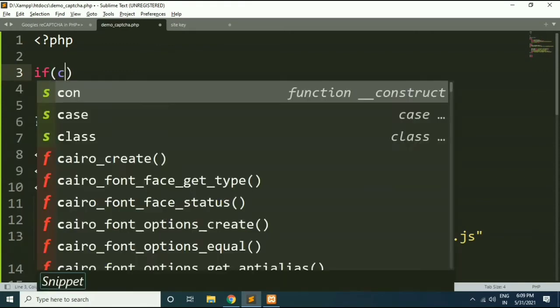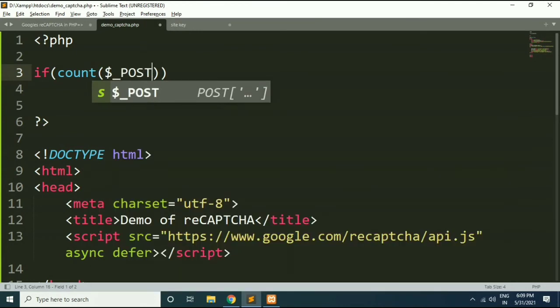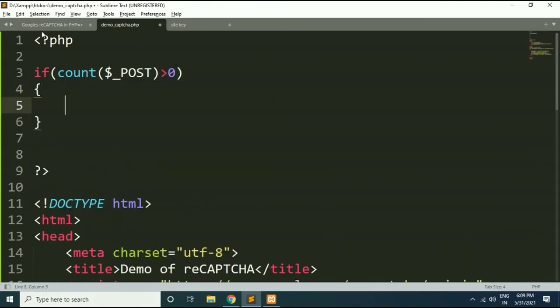So if count of $_POST is greater than 0, means the form is submitted, then we will try to check. Okay, what will we check? Whether the user has filled the value of first name, last name and CAPTCHA or not. If the user has not filled the value, we will show an error message. Otherwise, we will show that the form has been submitted successfully.